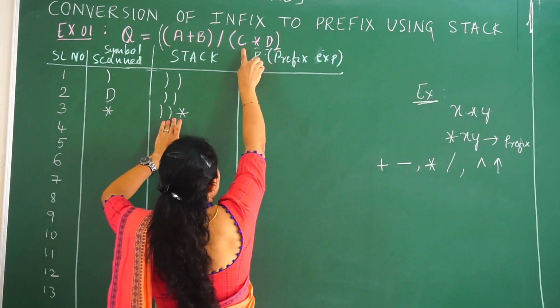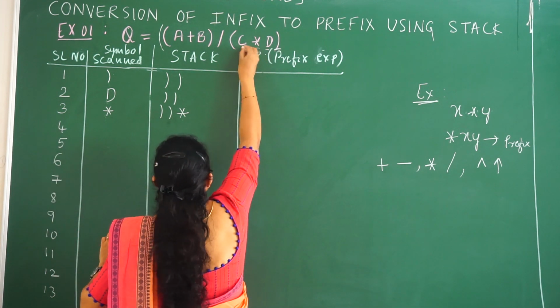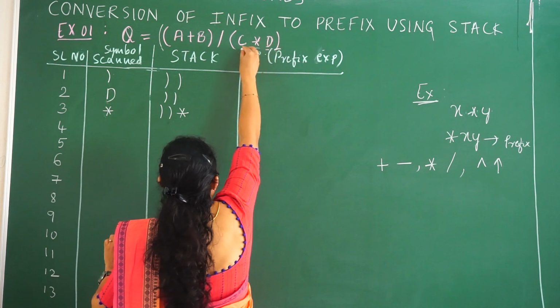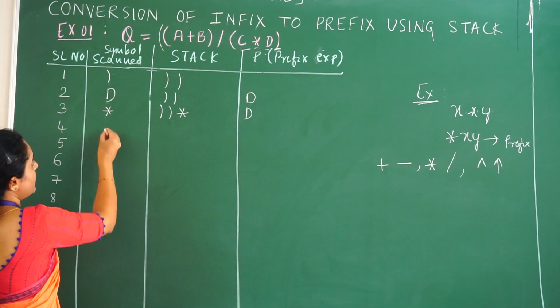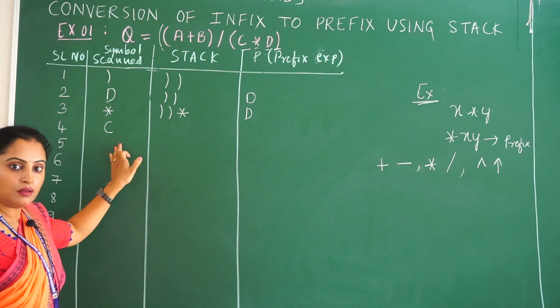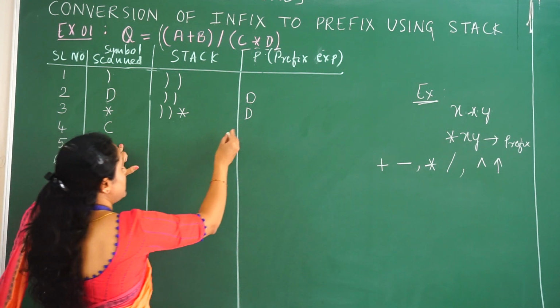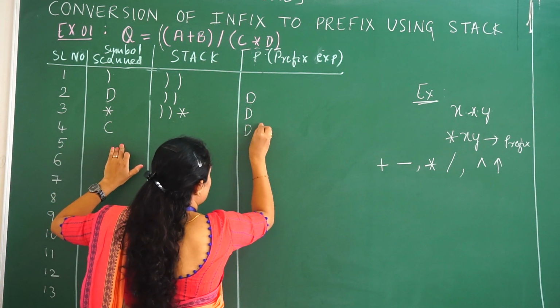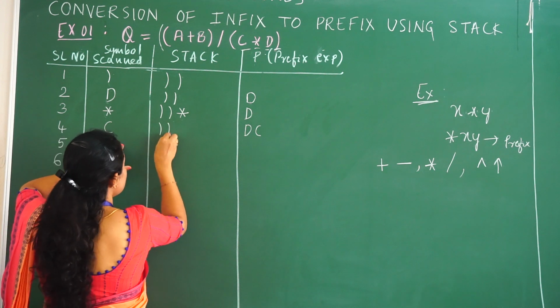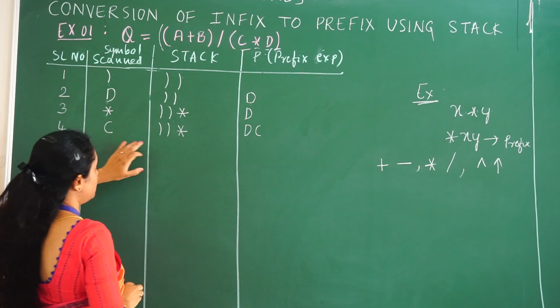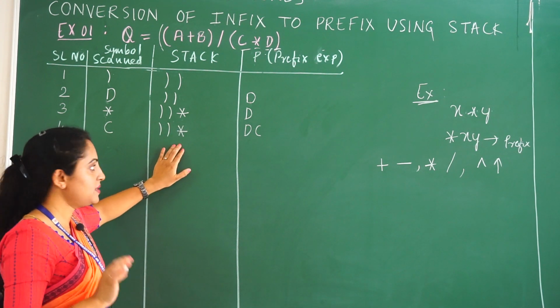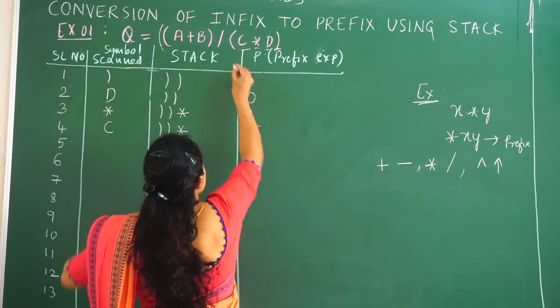So next we have C. So let's scan C. C is an operand, so directly place it in the prefix expression. So the prefix remains the same, and the stack remains the same. So the next scanned symbol is